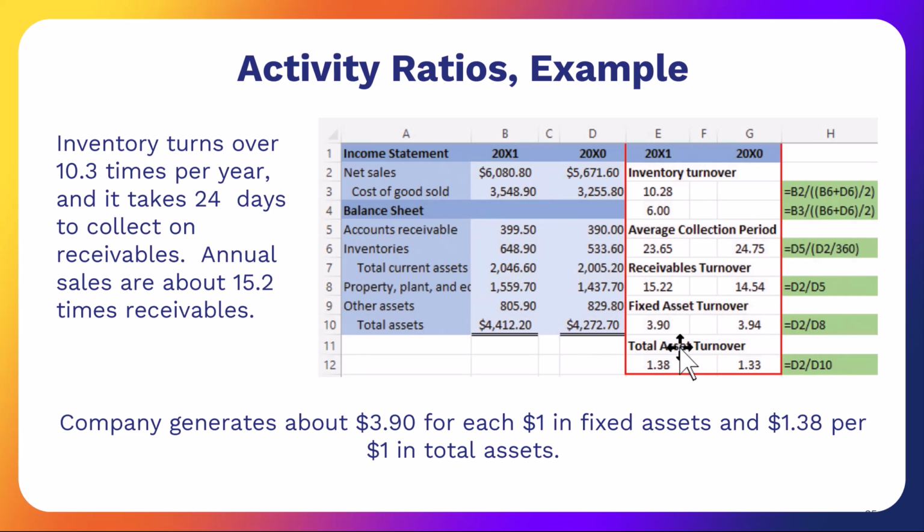Our fixed asset and total asset turnovers, again, show that we actually had some decline. So for some reason, we have lost some of our efficiency in managing our total assets and our plant and equipment. So again, if we're managing this company, we may want to analyze what's going on with our assets. Do we have too many assets? Is there a reason for this slowdown of efficiency?